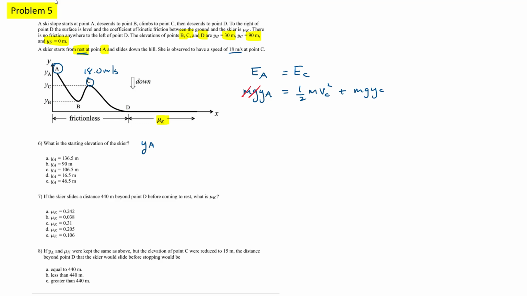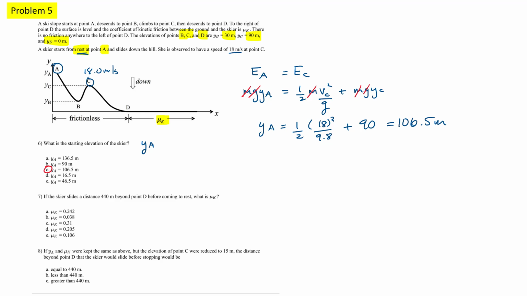Now I'm trying to find the height y_A, so I divide through by mg. I can cancel out the mass, but I also have to divide by little g. Now we just substitute our numbers. We get 1/2 times 18 squared over 9.8, plus the height at point C, which is 90. Putting that in a calculator, I get 106.5 meters,